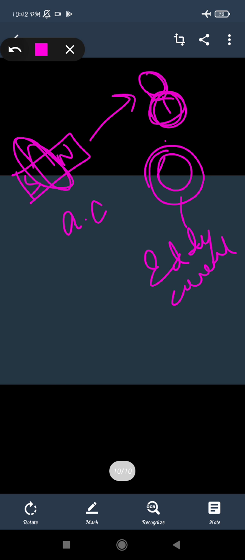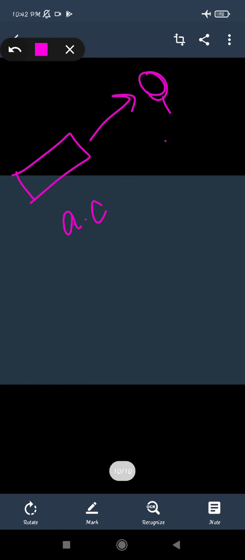So this current will produce a large amount of heat also, because whenever electrons or charges are moving at a high rate, heat will be produced. This heat produced by the current can even melt the metal. So this can be used for the extraction of metals, because they are trying to melt the metal. So this can be used for the extraction of metals from ores.